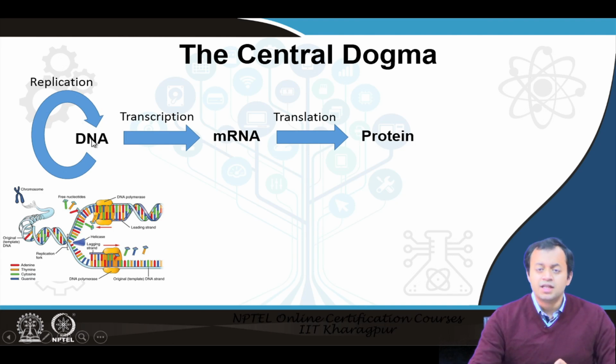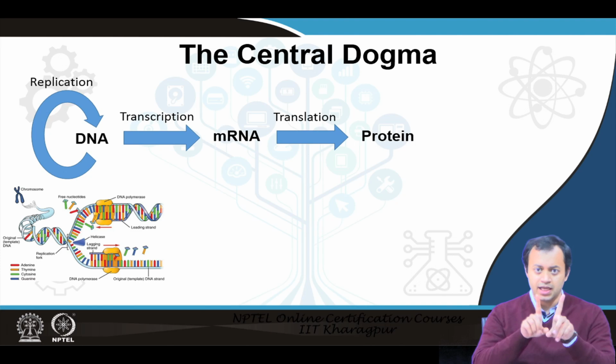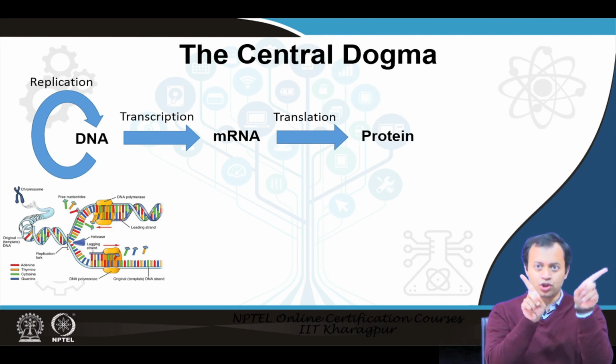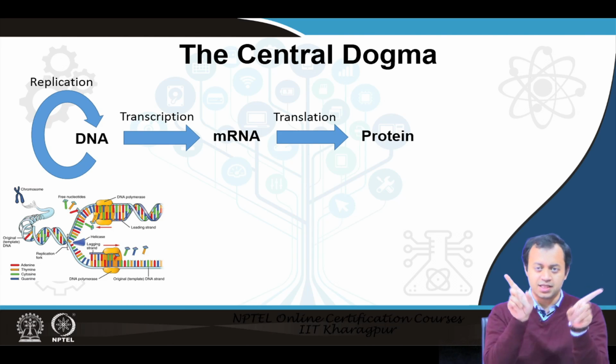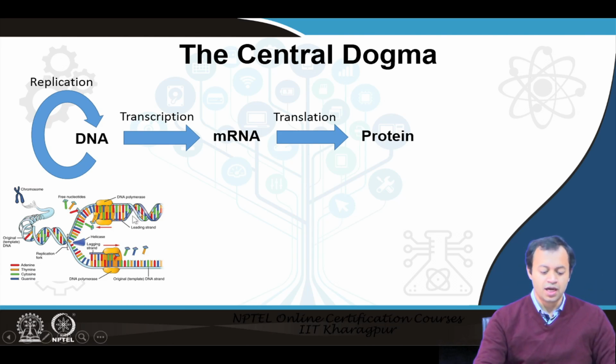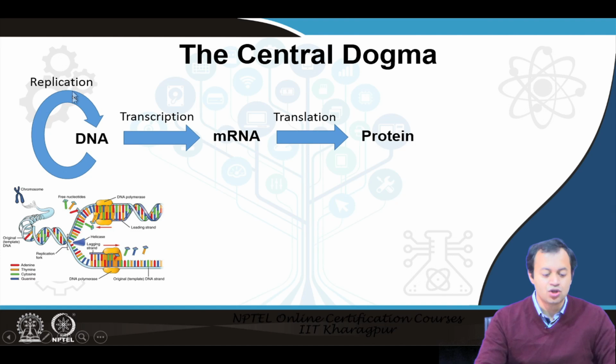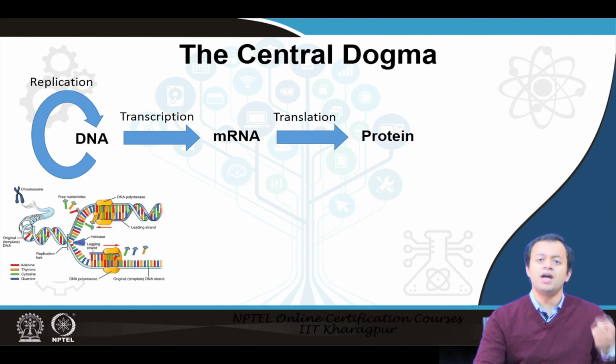Replication simply means that the DNA strand, the double helical DNA strand, opens up just like a zipper, and both sides individually form their own DNA. We call this DNA replication, in which DNA duplicates into another set of DNA. One DNA gets converted into another pair of DNA, that is called replication. You can consider it as duplication itself. So, replication simply means DNA gets converted to DNA. One DNA produces another pair of DNA.